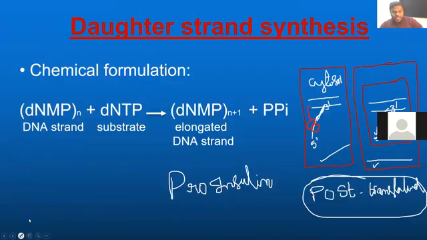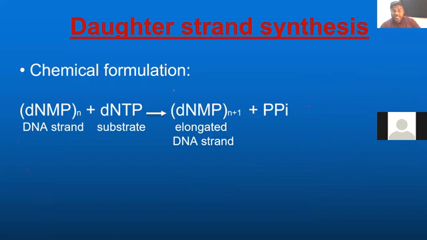Now, if you ask me, sir, define the same thing in chemical terms, I'm going to tell you in the upcoming slide what the DNA is made up of. When I use the word DNA is synthesizing, what do you mean by that? How can you synthesize the DNA? Synthesizing the DNA means addition of one nucleotide to another nucleotide. That is only what we can call DNA synthesis, which means our DNA is made up of nucleotides. Can you count how many nucleotides? You can't. We have DNA having billions and billions of nucleotides.